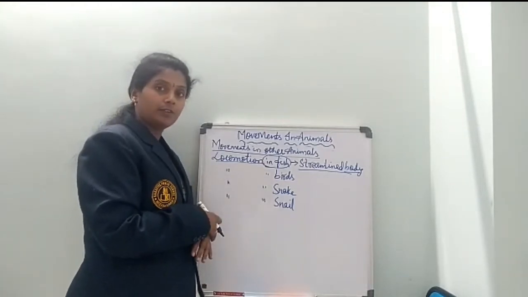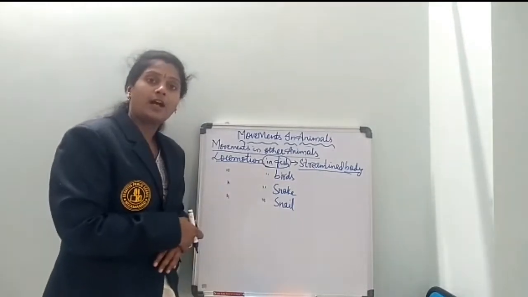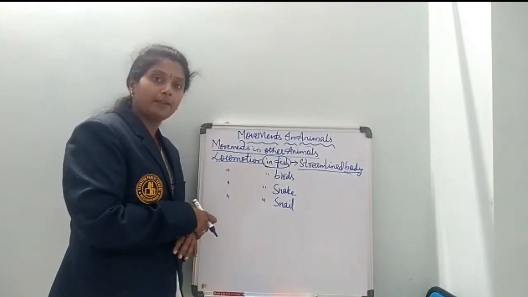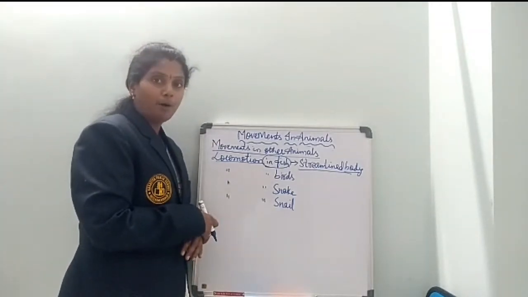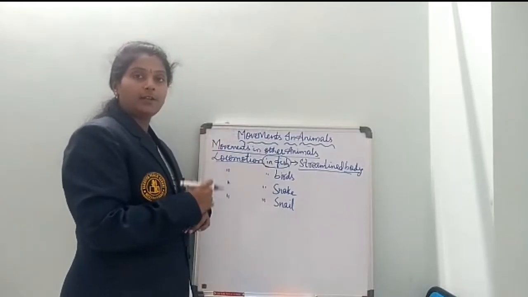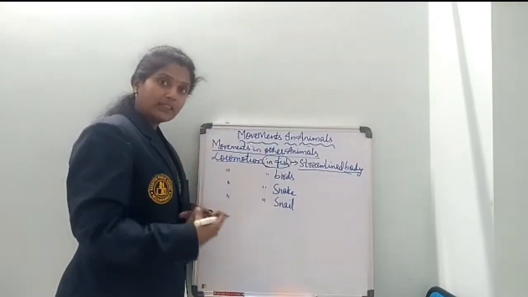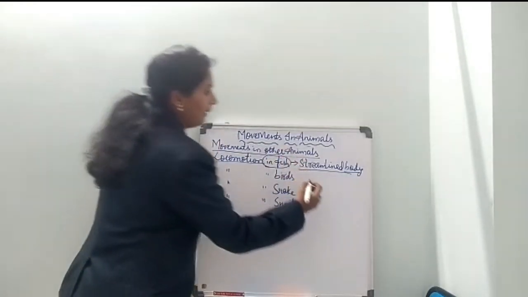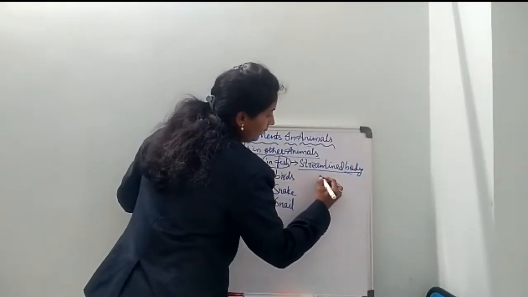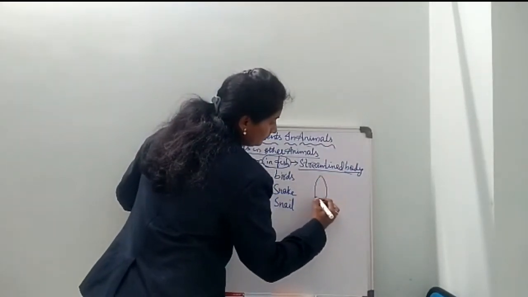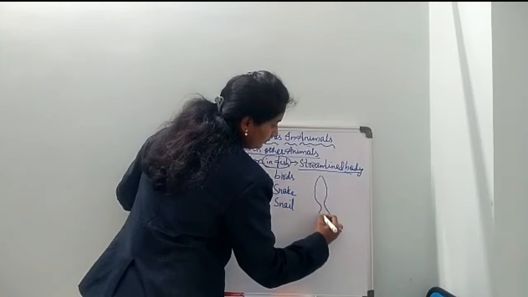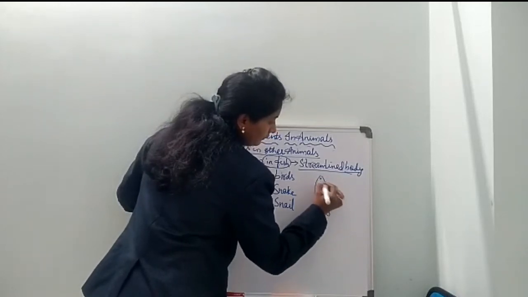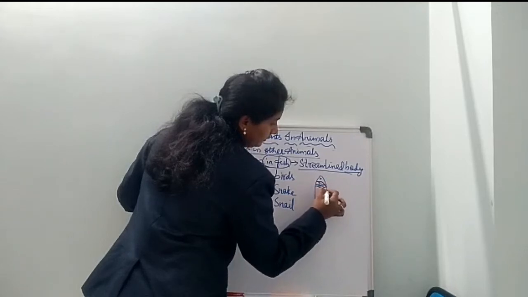The muscles of the fish are very strong and they help in the movement of their body in one direction, and there are the muscles present in the fins. For example, this is a rough diagram of a fish. Okay, these are all the scales which are present.